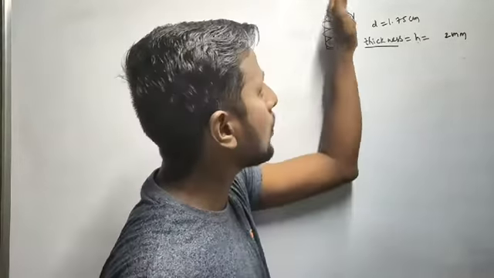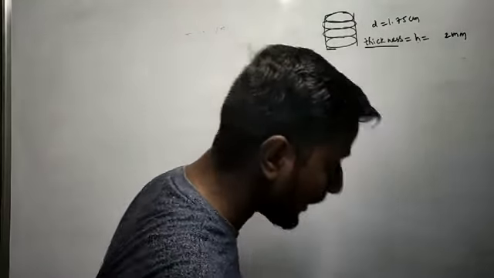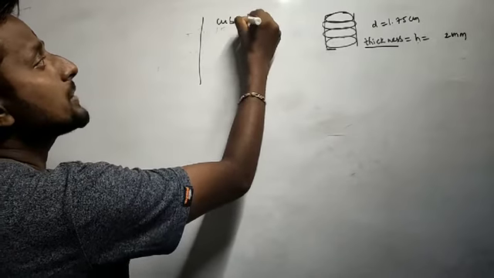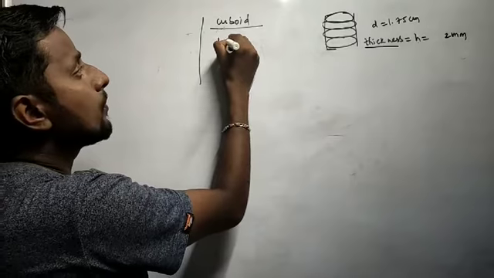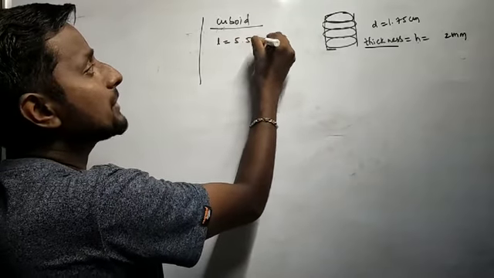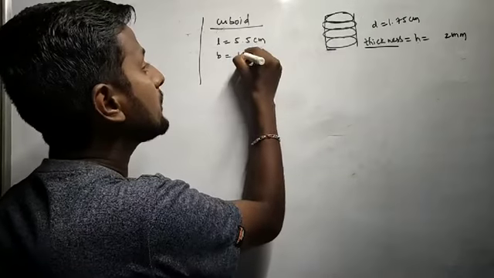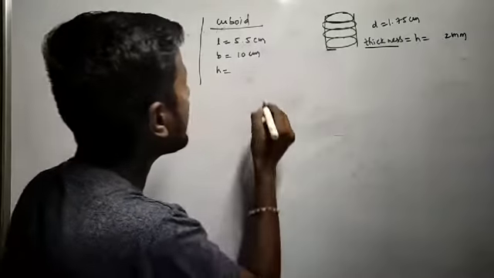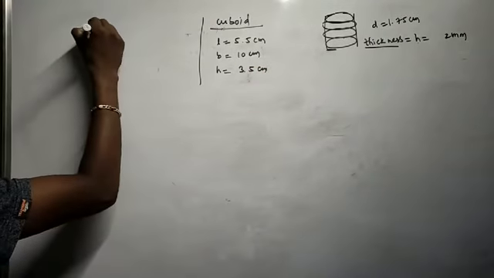So overall all these cones are melted and cast into a cuboid, whose dimensions are length 5.5 centimeters, breadth 10 centimeters and height 3.5 centimeters. Now if you go with the silver coins,